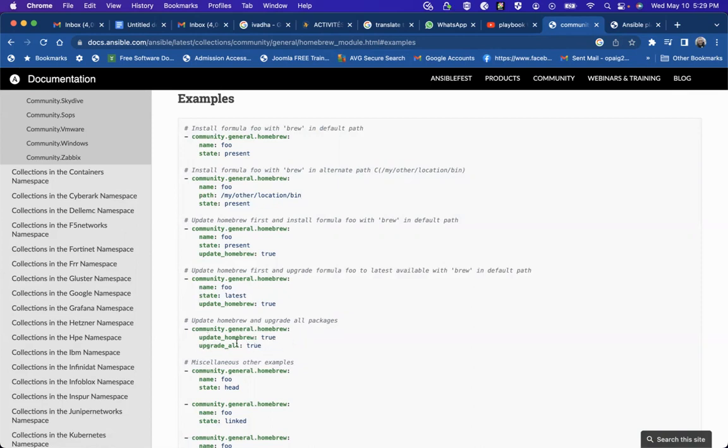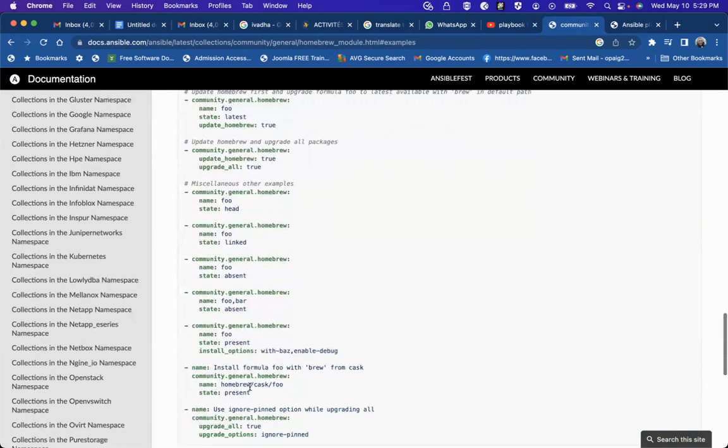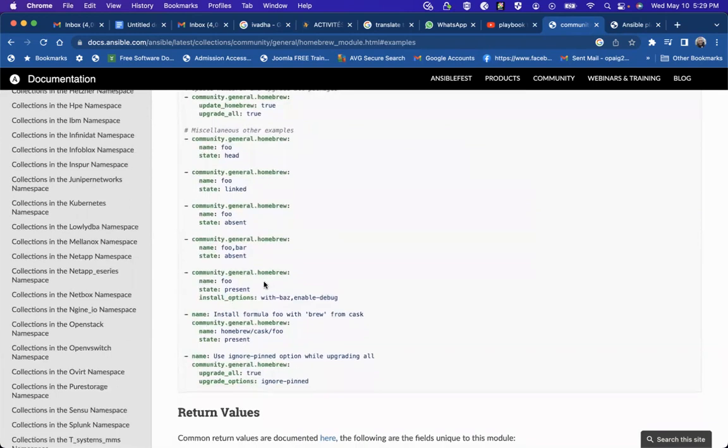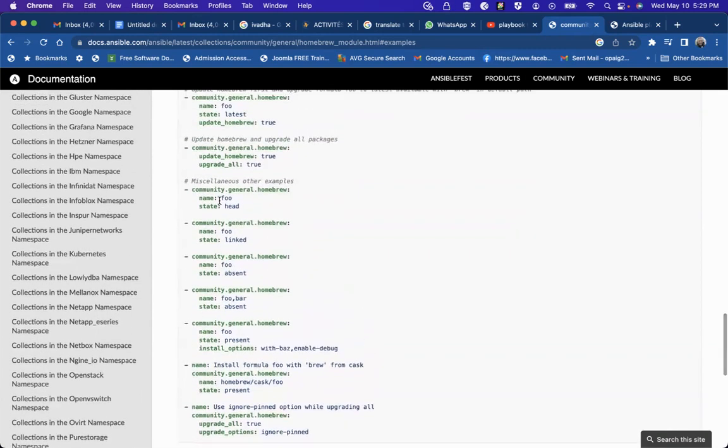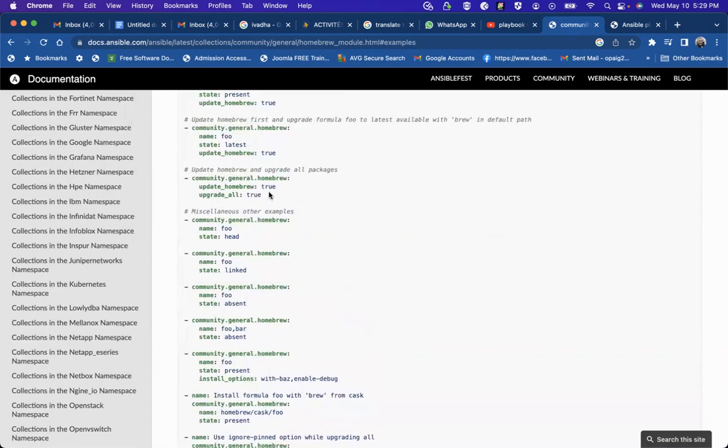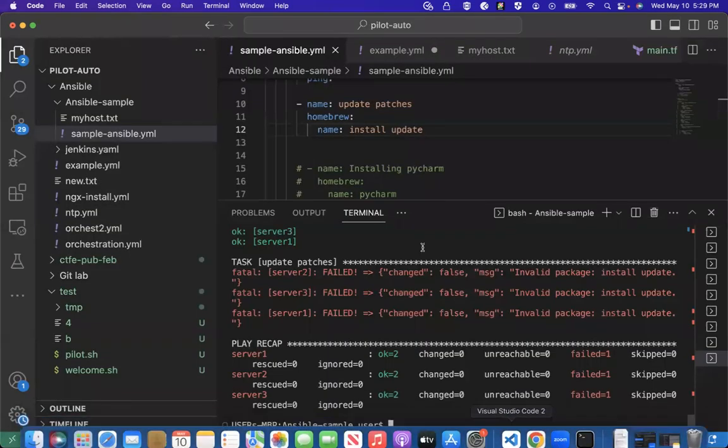You can use update Homebrew through upgrade, head, present, general Homebrew. So I want to run that now. Name Homebrew, name full. No, let's say update Homebrew: true.